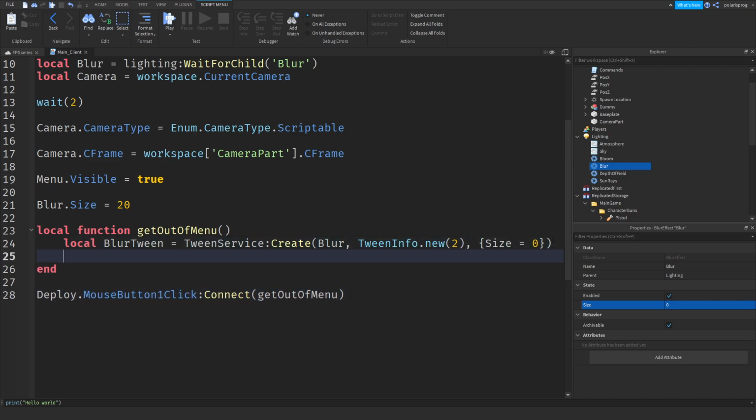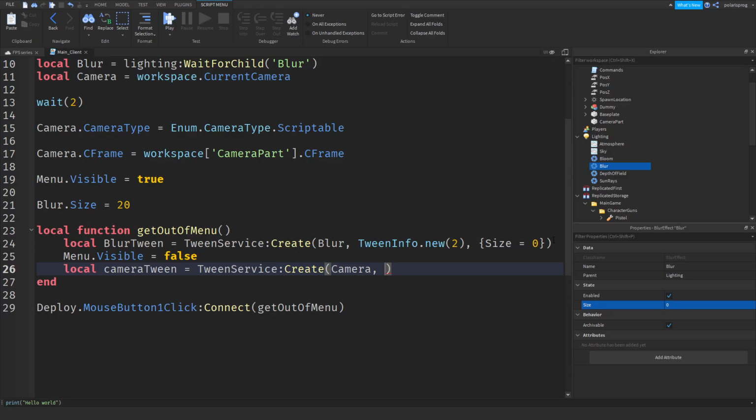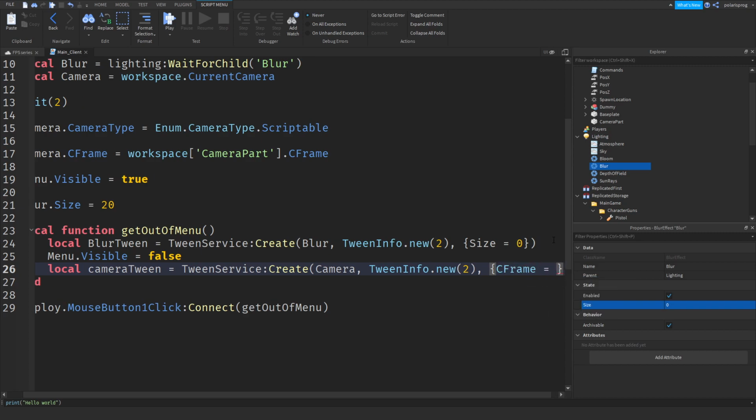And after doing that, we'll make the menu invisible. Menu.Visible is equal to false, and we'll create a tween for the camera. So local cameraTween is equal to TweenService:Create, and the camera, and we'll put a TweenInfo.new, something like 0.2 seconds, and we'll do the CFrame. So CFrame is equal to